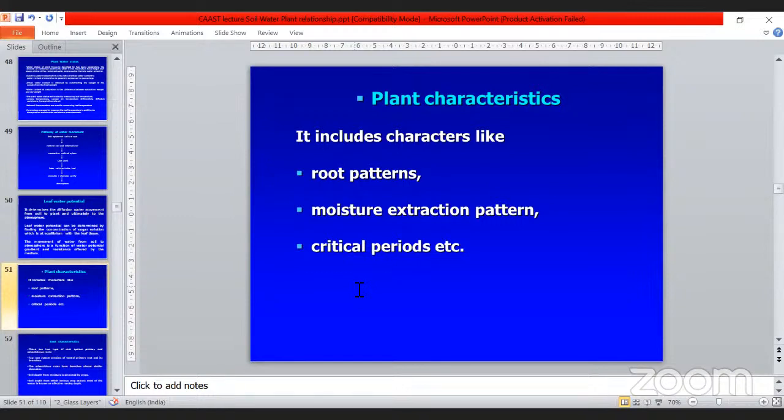That's why root patterns are very important. Then the moisture extraction pattern: how this moisture is being extracted from the soil, at which layer, at which part, and at what time. The critical periods are also there, based on that, because every crop has critical requirements of